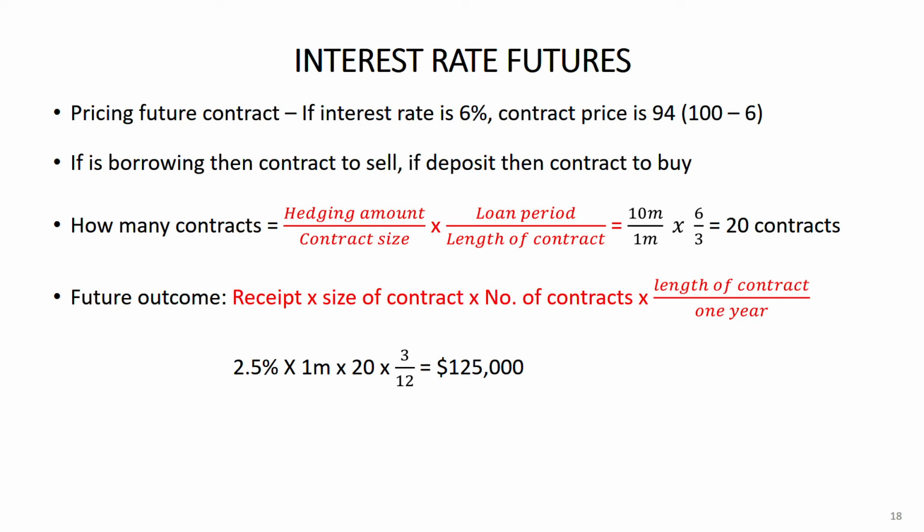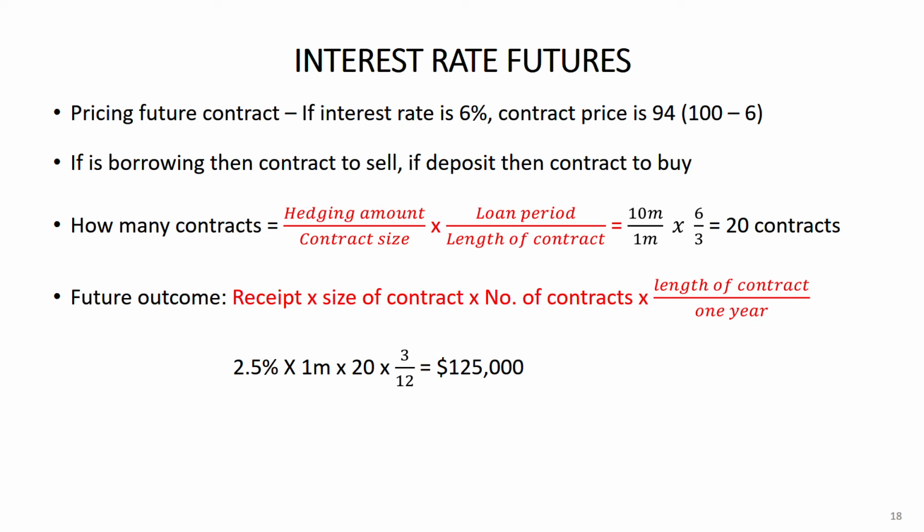As it is, you can memorize and write it in the exam. How you calculate the future outcome. Receipt. Let's say under the future you are getting 2.5%. This example only I have taken, it can be any percentage. Size of contract was given as 1 million. So 2.5 into 1 million into number of contracts, which was 20, into